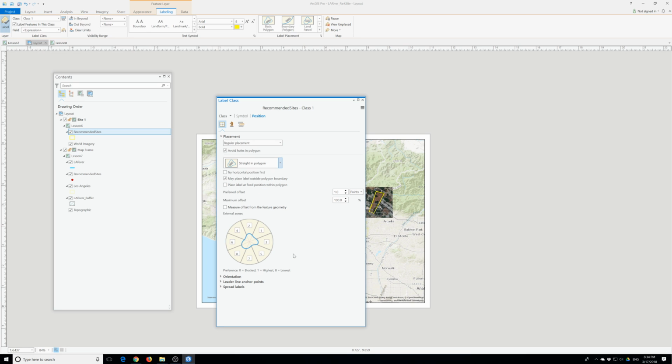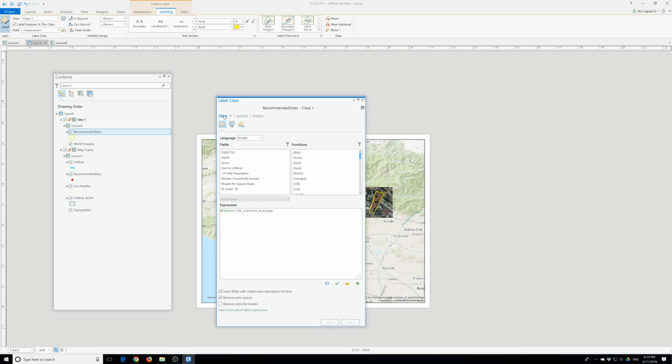And then I have to select the checkbox next to may place label outside polygon boundary. Avoid holes. Okay. May place label outside. Yeah, it's selected. And outside boundary, close the label class pane, and in the label class group we will click